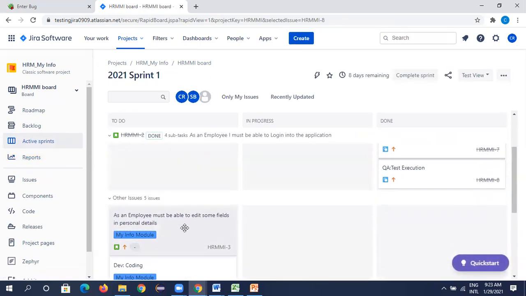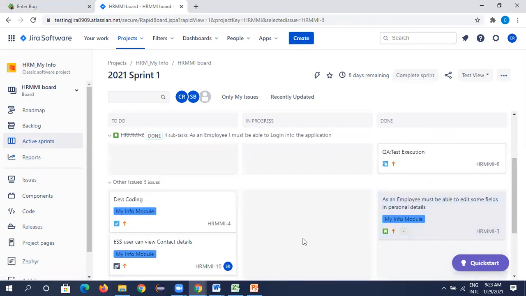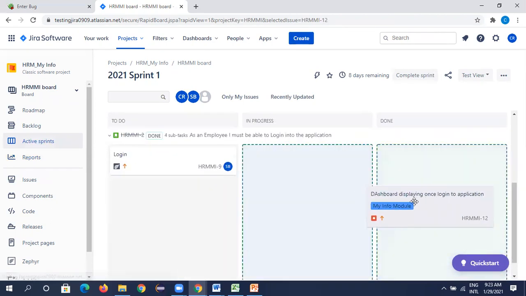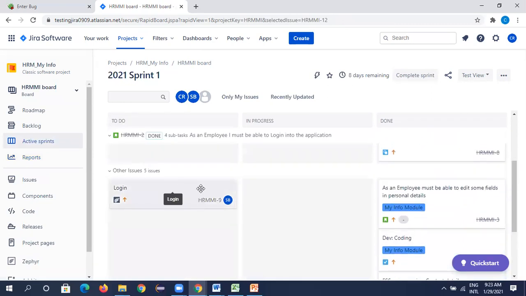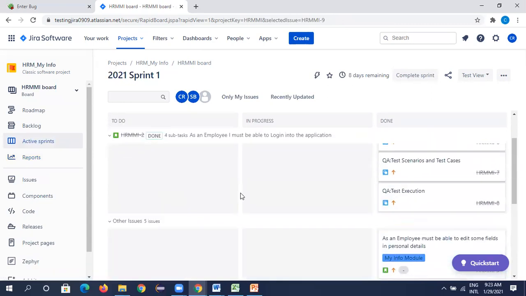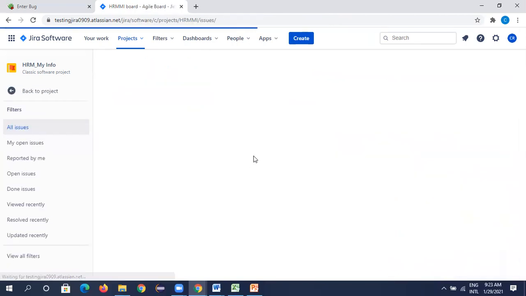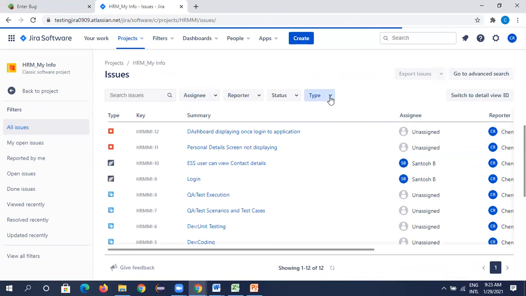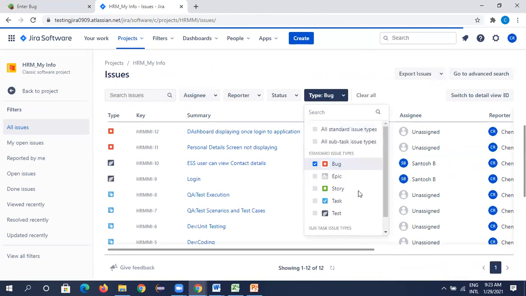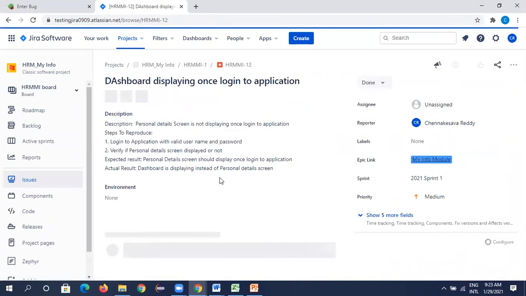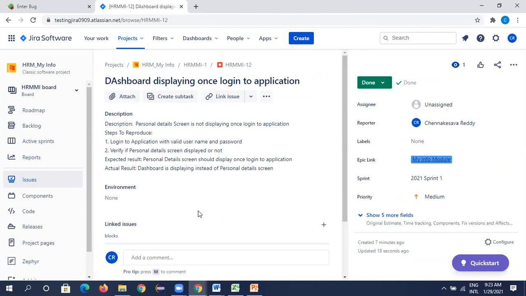You'll see what all tasks are left out. Okay, done. You go to issues, select the issue type, bug. See, these two bugs are there. Open the bug. Now you are doing retesting. Okay, this is also completed.